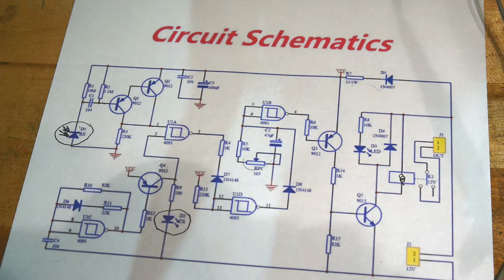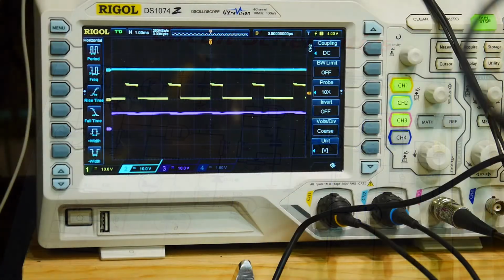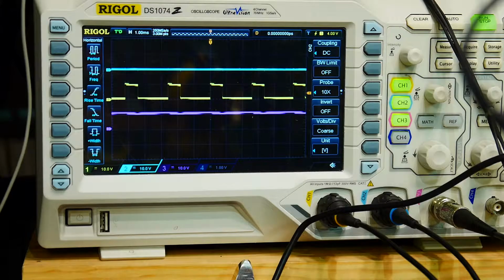Alright, so let me rearrange things and look at the camera on the oscilloscope. Alright, we're taking a look at pins 1, 2, and 3. The cyan being pin 1, the pin 2 being yellow, and pin 3 is the magenta. So pin 2 is that clock signal from what's driving the LED, and then pin 1 is the output of